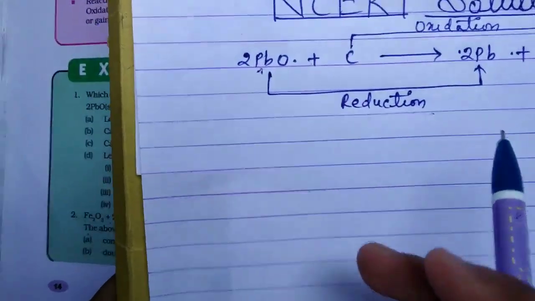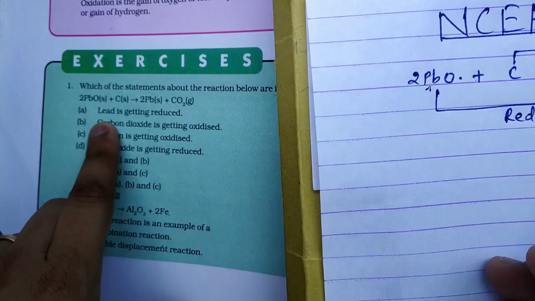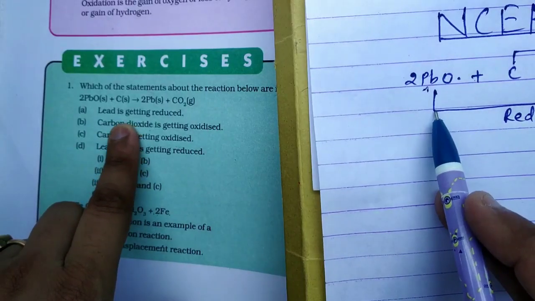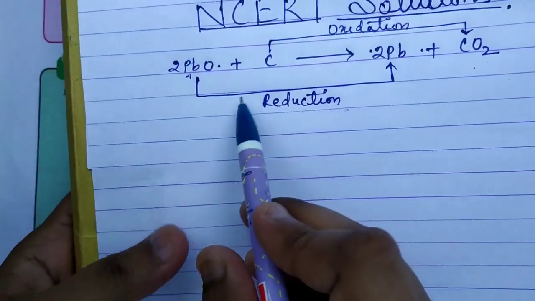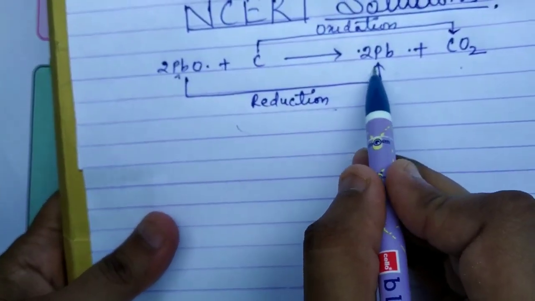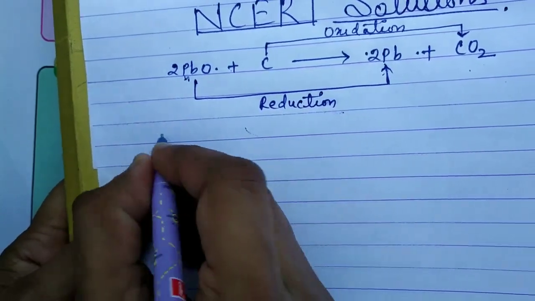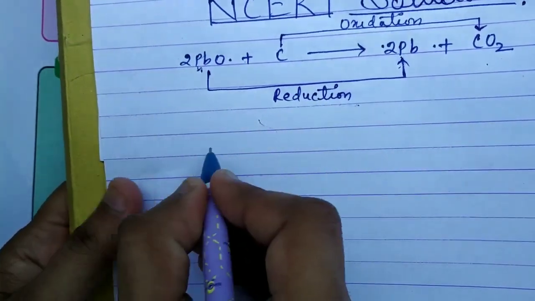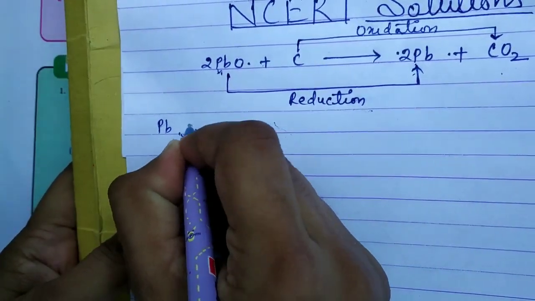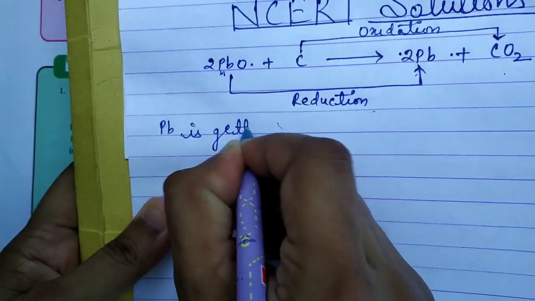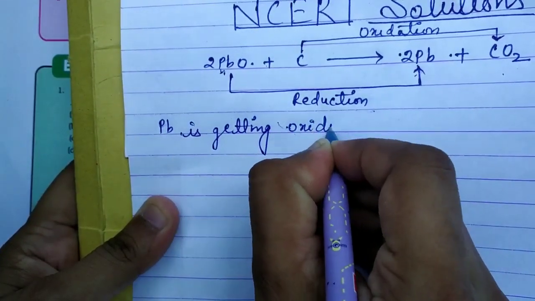The first option says lead is getting reduced. Here lead is getting oxidized. See, lead is getting oxidized in the backward reaction. So the first point we will write here: lead Pb is getting oxidized